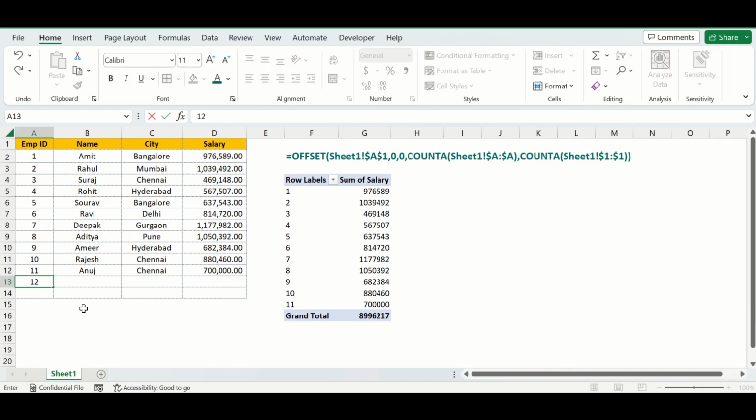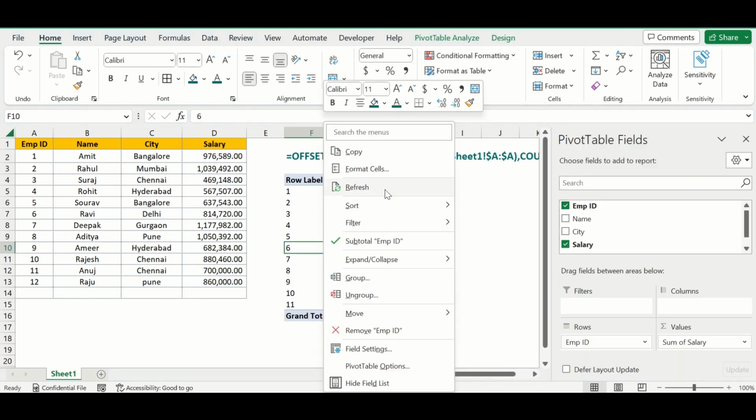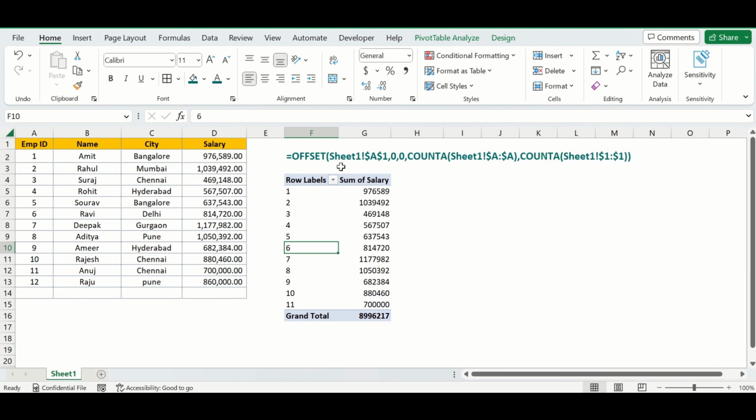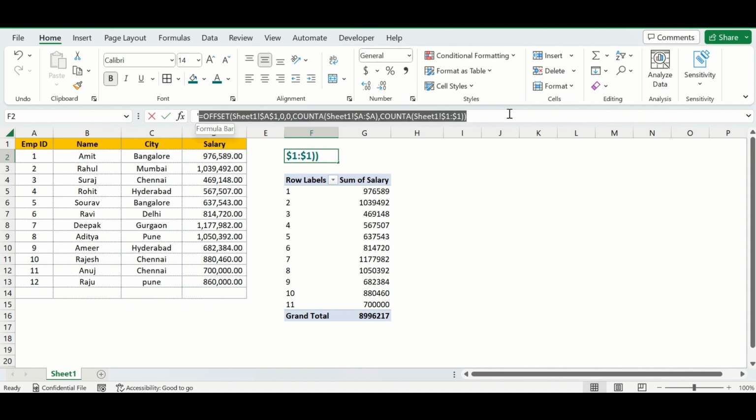For example, and if you refresh pivot table, it won't pick data automatically. For that, here is a formula. Copy this formula,